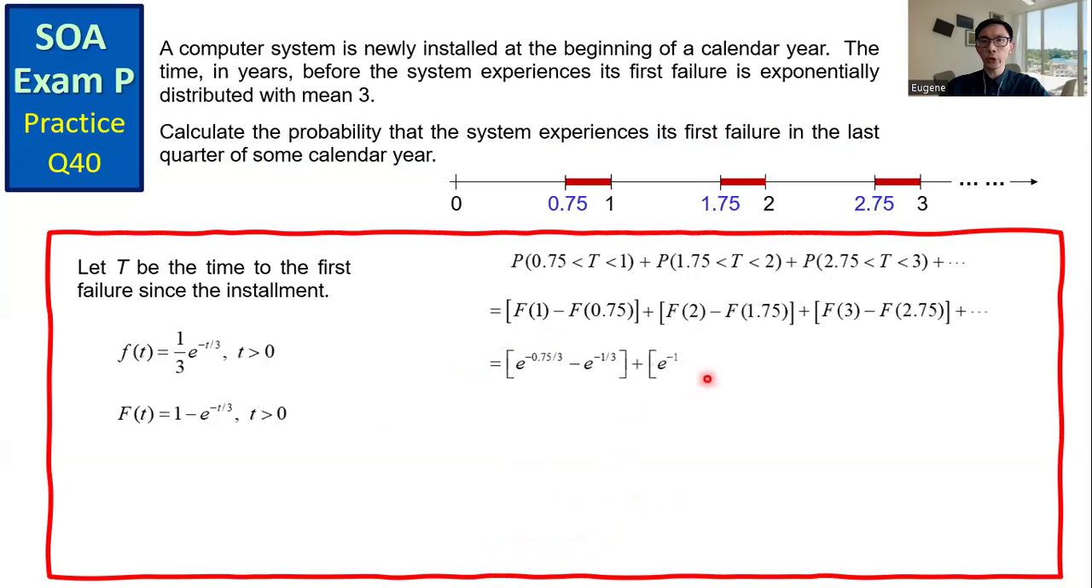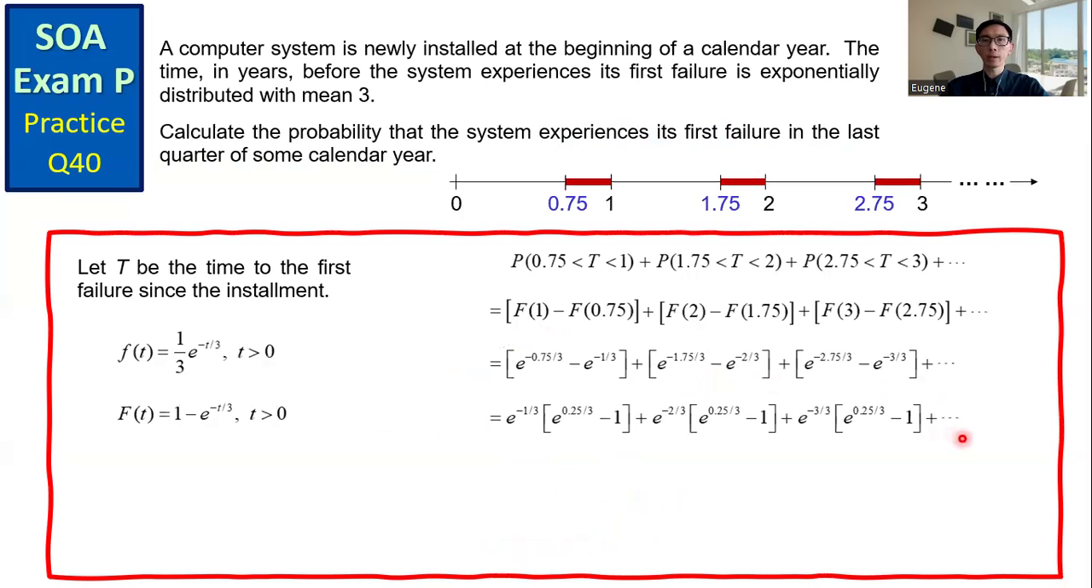And then the second term, the third term. And doing some algebraic manipulation, we get to this expression. And there is a common factor in each term, which is e to the power 0.25 over 3 minus 1. Factor that out. And then in this last expression, the second term,